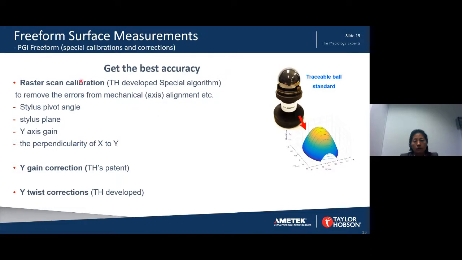In order to get the best accuracy, Hobson developed a special algorithm, raster scan calibration. It is performed by using a traceable ball standard to do a series of 2D scans, get a 3D surface